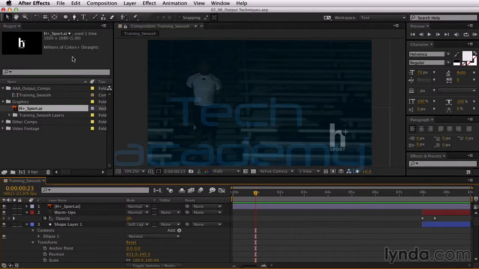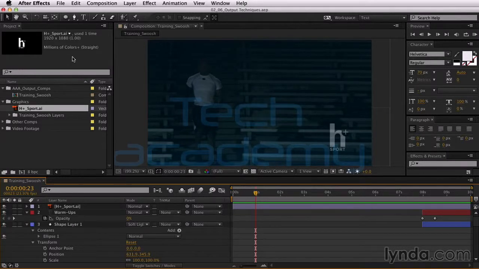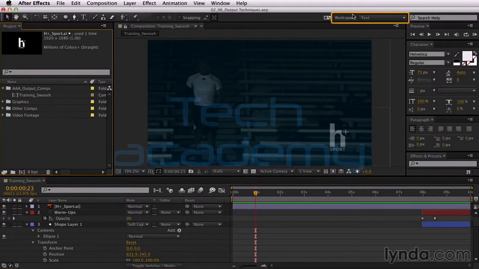Okay, so you've created your animation and you're ready for output. Now, there are a couple things I like to do before final output of a project. First thing is just clean up the entire After Effects project. So let's go ahead and collapse the graphics folder here in the project panel and go up to our workspace